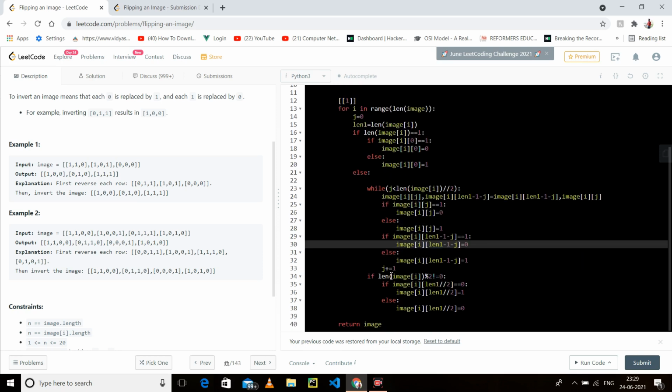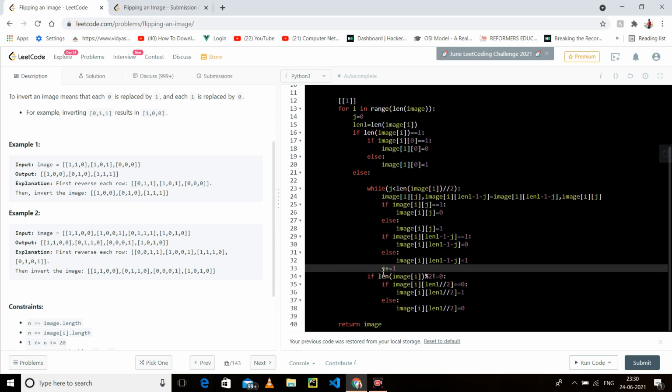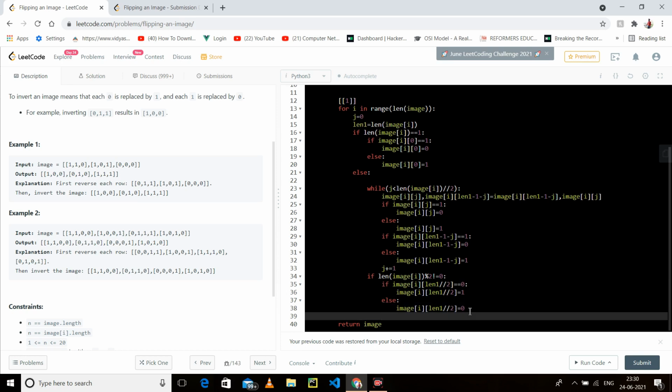So you have done. But if it is even, then it's okay, because if you cover 0, then you have to cover the last index. If we have a length of 4, you have to flip 0 with the index of 3, and 1 with the index of 2. So in this you have covered 0 and 3, then 1 and 2, meaning every index is covered. But if you have a length of 3, you can cover only 0 and the second index. You cannot cover the between element which is present in this. So for odd length, I have applied this condition.